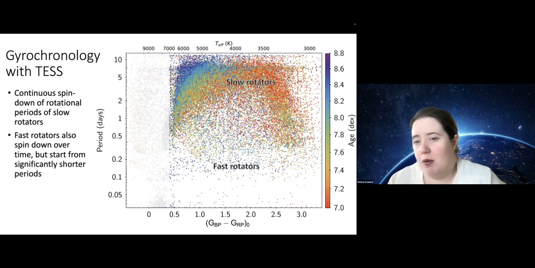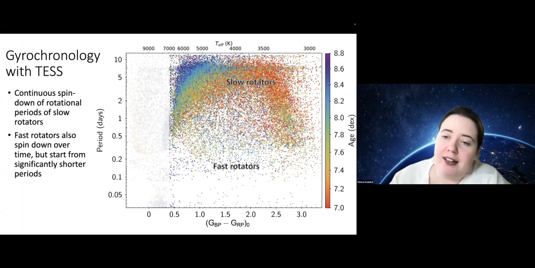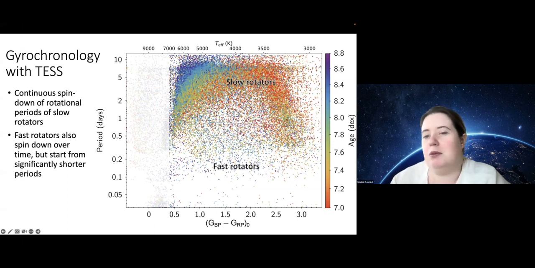Let's ignore the wrinkle for now. We'll come back to it later. Let's filter out all the fast rotators and try to analyze the age trends in this plot. Except this parameter space may not necessarily be the most ideal for us to fit a polynomial to determine their age, because you have a lot of very odd curves in this graph, and eventually everything kind of turns around, and you're starting to have faster periods on the low mass stars as well. So it can be kind of hard to replicate all that with a polynomial.